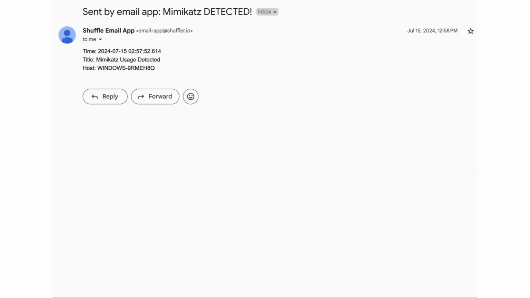Just a quick clip for the email notification. We can see that an automated email was also sent from our workflow, alerting us of Mimikatz with some details we might be interested in, such as the time of this incident, what was detected, and also the name of the host machine where the